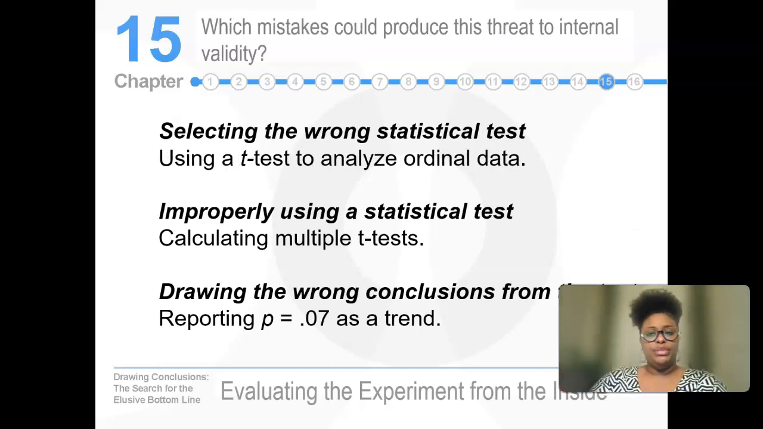So some of the mistakes that can produce threats to the internal validity: we may, as the researcher or experimenter, select the wrong statistical test, using a t-test to analyze ordinal data when we would need nominal data or ratio or interval data for the t-test. And improperly using a statistical test, so our calculations may be off, like calculating multiple t-tests at a time. Maybe we might need to upgrade to an F-test, a test that's more sophisticated to handle multiple IVs and DVs. We may be drawing the wrong conclusions from the test and reporting a p-value of 0.07 as a trend when we need to be looking at our 0.05 or 0.01 alpha level to indicate our